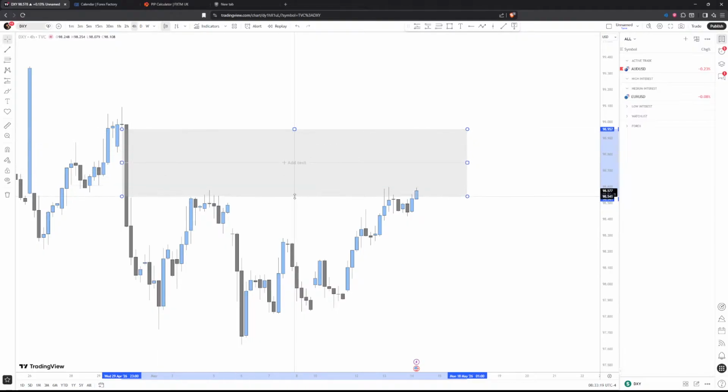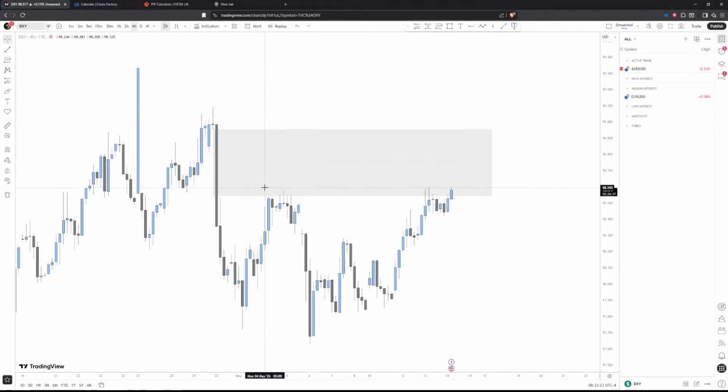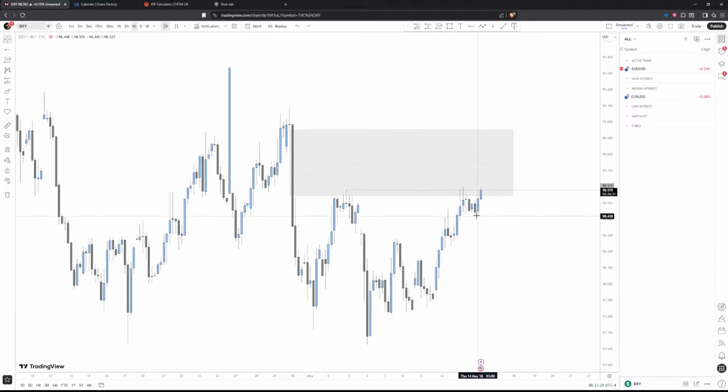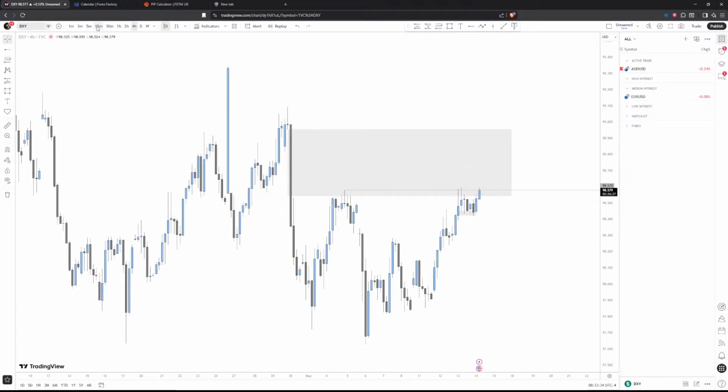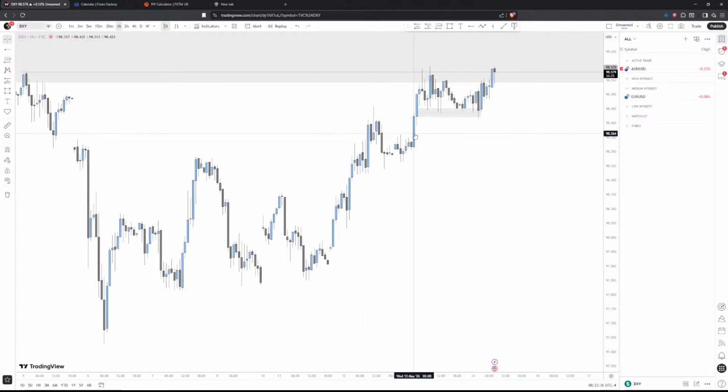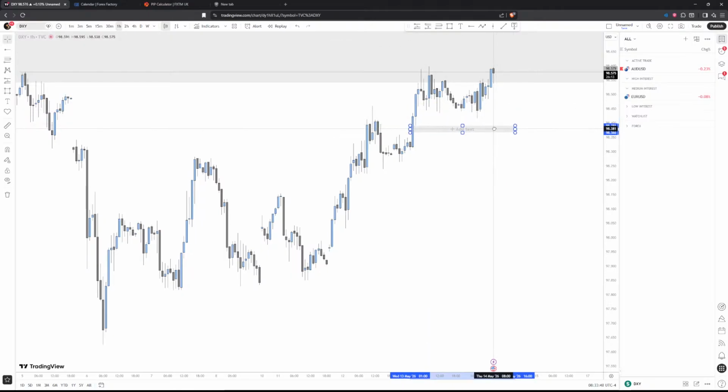So the two factors of price movement are the imbalance and liquidity. We've already taken the liquidity that was resting above this high over here. And we didn't get that market structure shift I was looking for when it was taken out, for it to take out these lows. Instead, it's kind of created liquidity down here almost. But in the hourly time frame, you can see that this is an imbalance. You see there's one right here. We filled this one, so let's move to this.